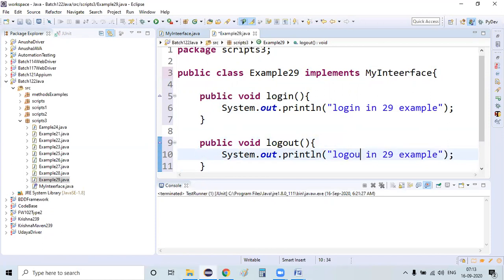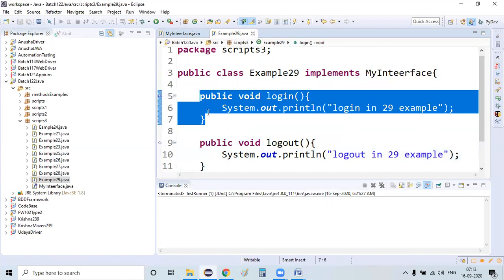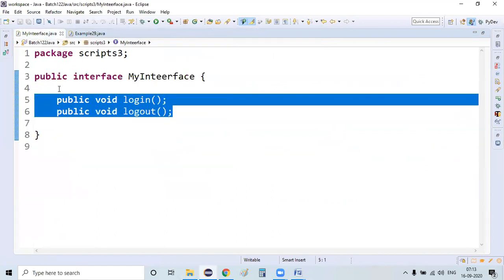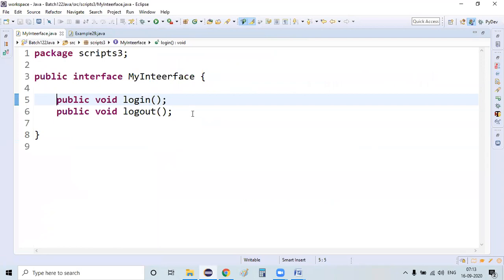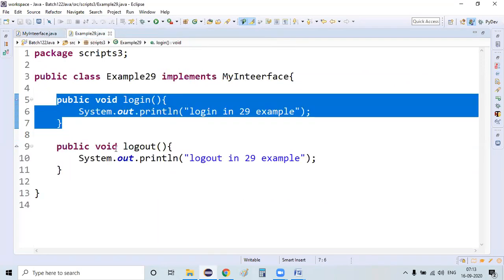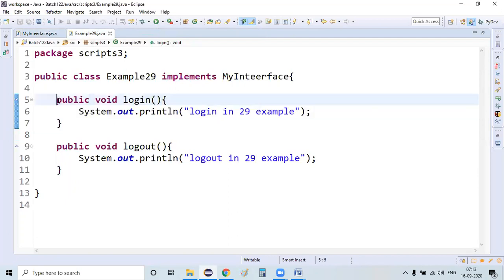So as soon as I add these methods, automatically the error message which it was populating is no more displaying here. So it means if the interface contains multiple abstract methods, it's mandatory for you to implement those methods